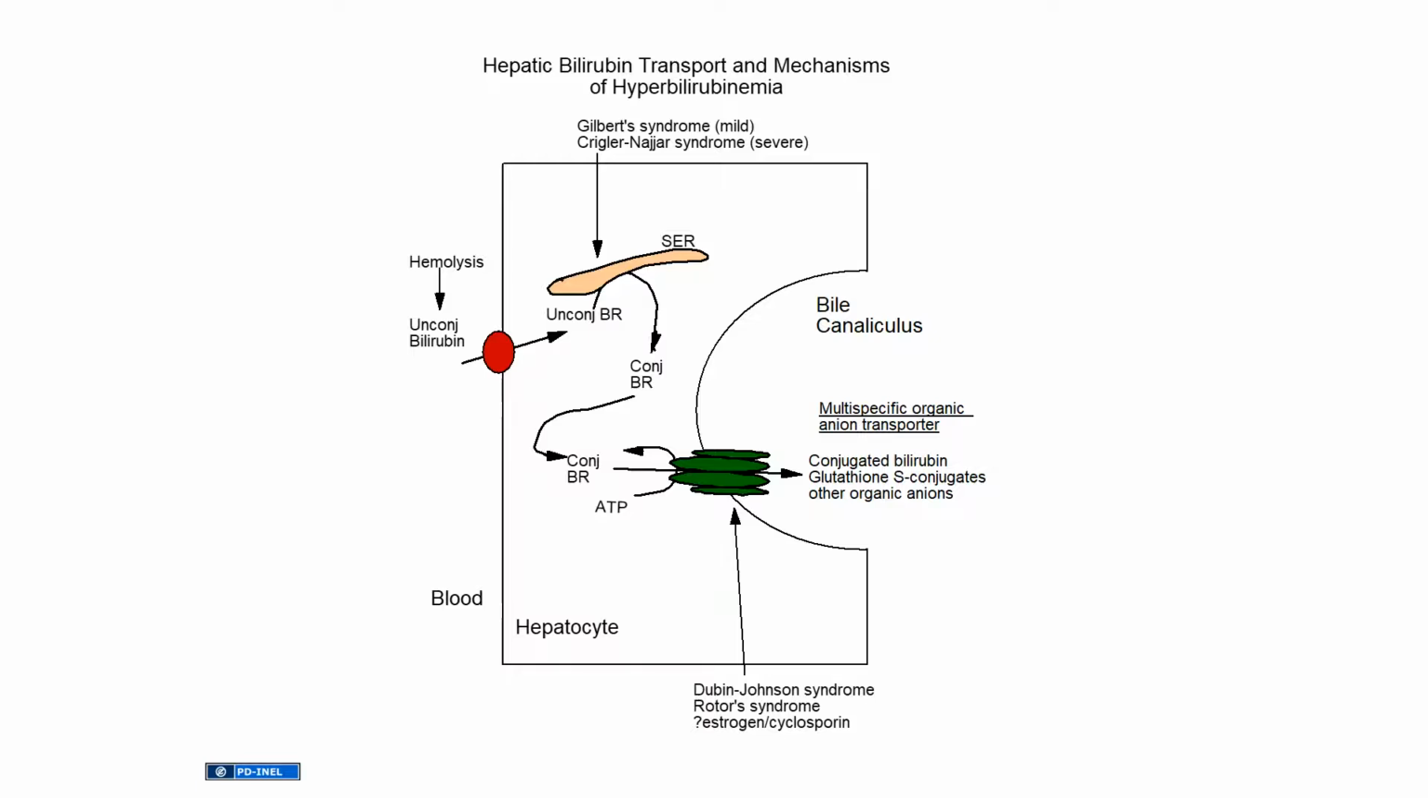Other conditions like Dubin-Johnson syndrome and Rotor syndrome could be mild forms of liver disease that affect the excretion, or the transport, of conjugated bilirubin into the biliary tree, because they interfere with this multispecific organic anion transporter. As a result of the problem of transport, the conjugated bilirubin will accumulate in the hepatocyte,